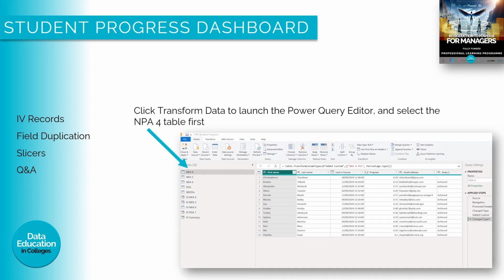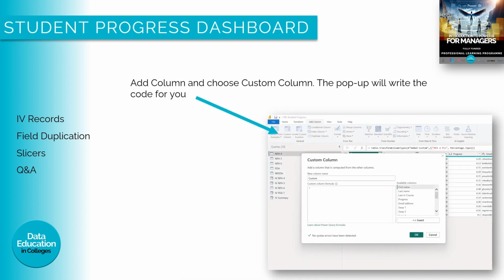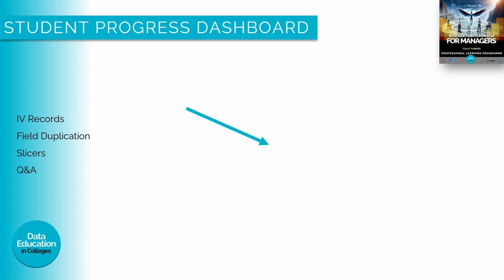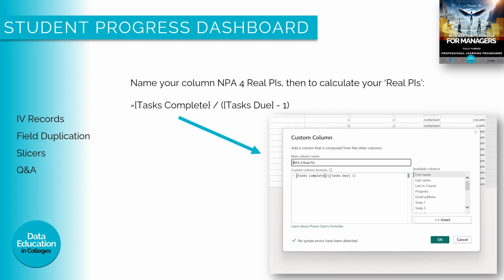If you open up Transform Data, the Power Query Editor, and select the NPA4 table first, we'll just show you how to do it with this one. Add a column, choose Custom Column, and then the pop-up's going to write this DAX code in the background. Firstly, name it NPA4 Real PIs. And the way I've worked out is task complete column divided by task due minus 1. Now,